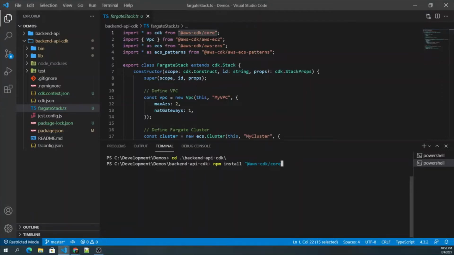Just remove the quotation marks, and then I'm going to include the other dependencies as well. And use the --save to save the dependencies and hit enter. So once you do that, all these dependencies will get installed.